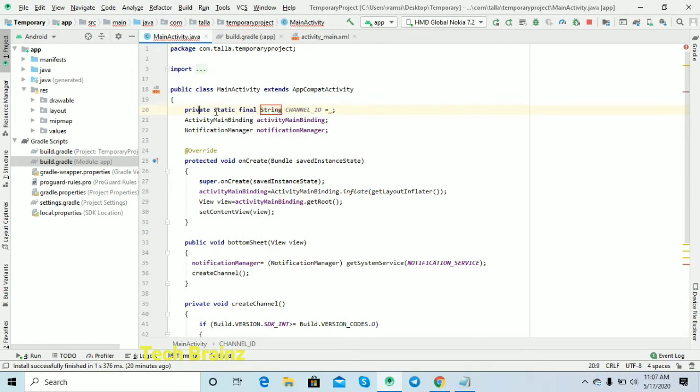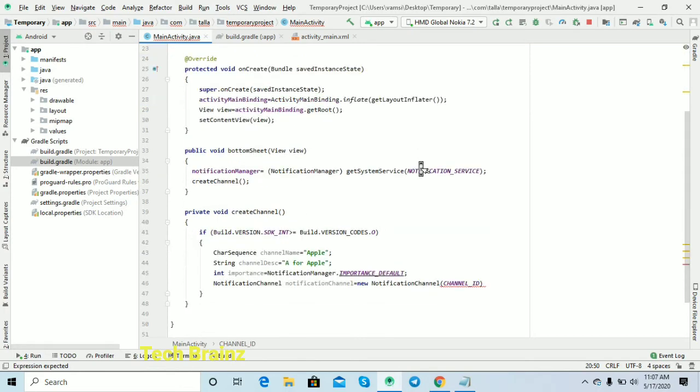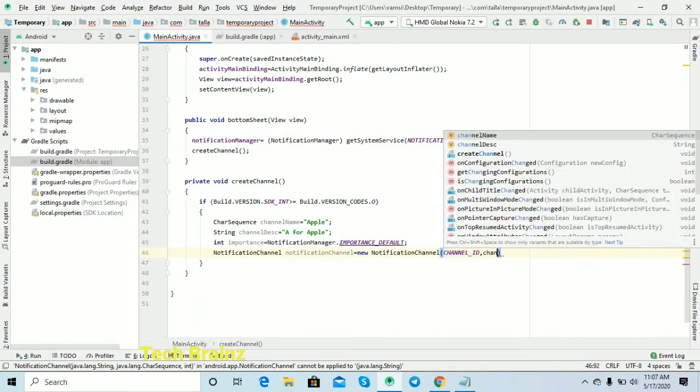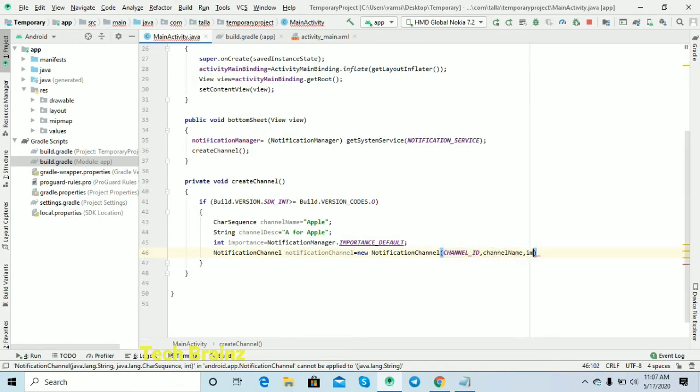We have to make it a private static final String CHANNEL_ID. It's a global variable, so we can use one ID in many places. By writing this we can decrease the code, and it also helps avoid forgetting the channel ID again and again.